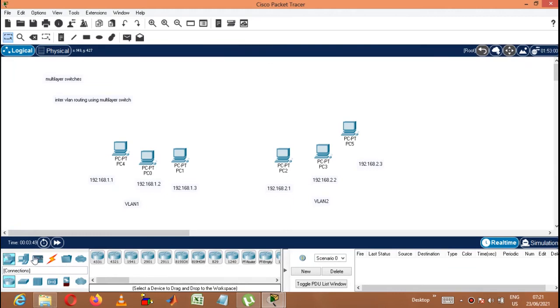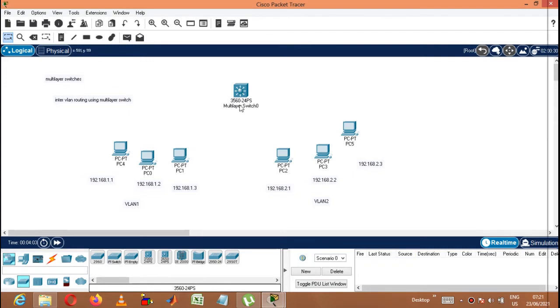But here, instead of a router, I'll take a layer 3 device. I can take a switch. This is a multi-layer switch. This switch will act as a router. We'll see that now. So I'll connect all this first,